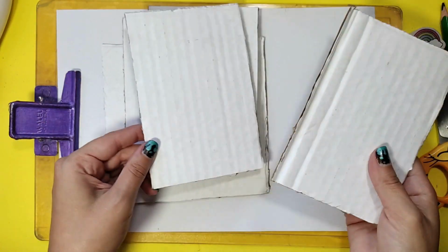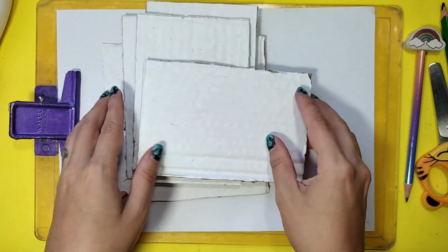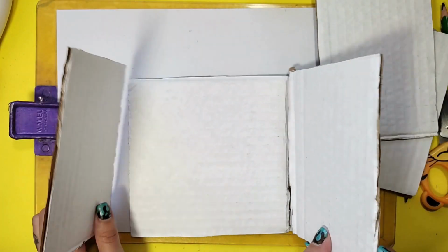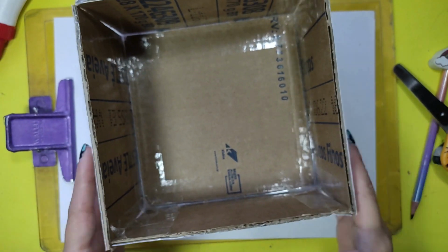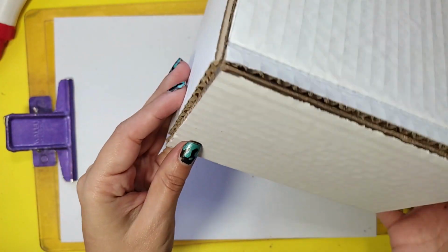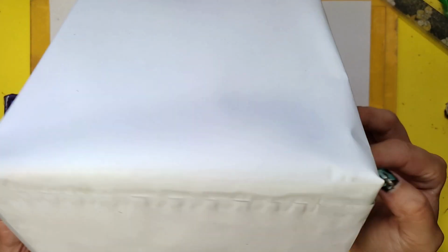If you have a cardboard big enough to draw the cover in a plus sign, it's even easier. You don't even need to separate the square from the rectangles. Now we tape it on all sides to make it look like this. And I also covered the lid with white paper to make a nice finish later, but you can cover it